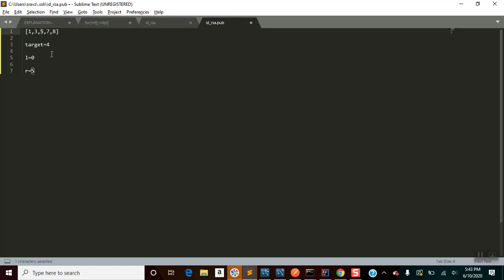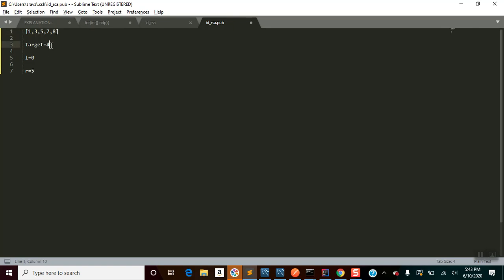Now we will check whether the target is less than the mid value. Yes, if it is less than 5, then we will assign right equals to middle, and before that we will check if the target value is greater than mid minus 1. If yes, then return the mid value.